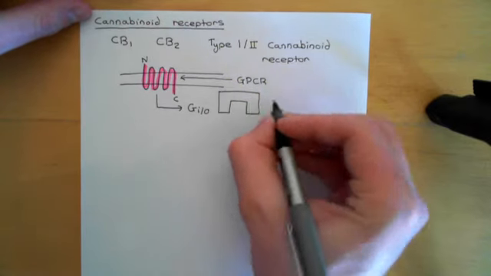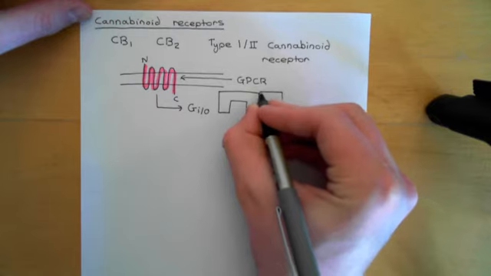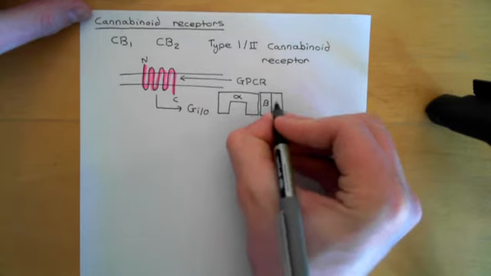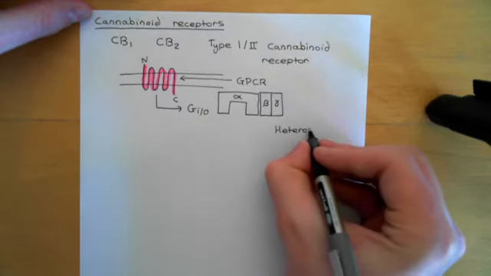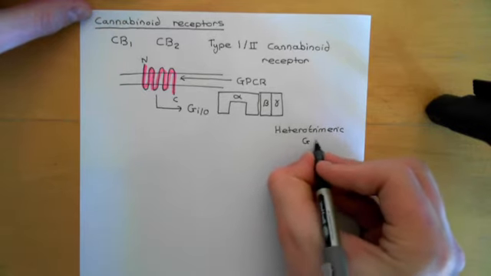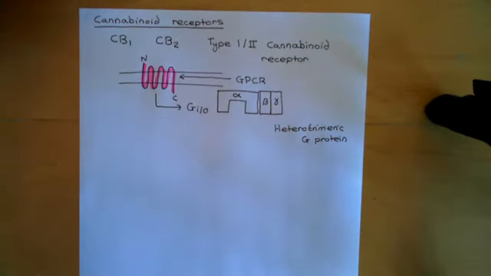Heterotrimeric G proteins are so named because they have 3 different subunits, hence trimeric, and the 3 subunits are different. They have an alpha subunit, a beta subunit, and a gamma subunit, like so. This is our heterotrimeric G protein, which is what's going to be activated by the G protein coupled receptor. Now, there are absolutely loads of different alpha subunits that you can use in heterotrimeric G proteins. There are also loads of different beta subunits, and loads of different gamma subunits that you can use.